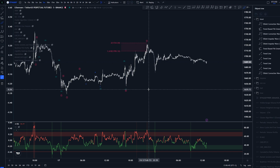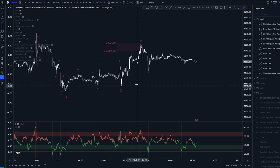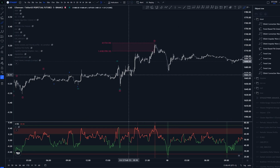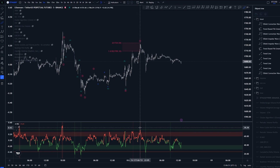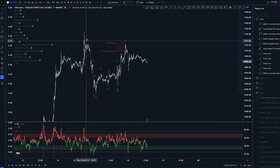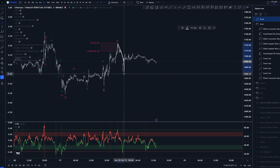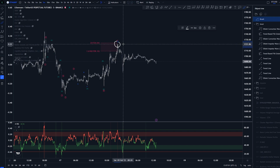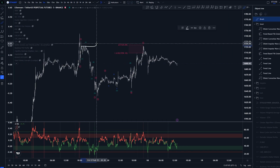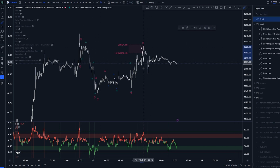Not the best looking structure, however, I'm sure you can be labeling it WXY as well somehow. You could be labeling this as probably some kind of structure overall, but the main thing is that I do think that this is a corrective structure and a continuation for this is to come. We did get a nice rejection from here. This previous area of resistance held over here,